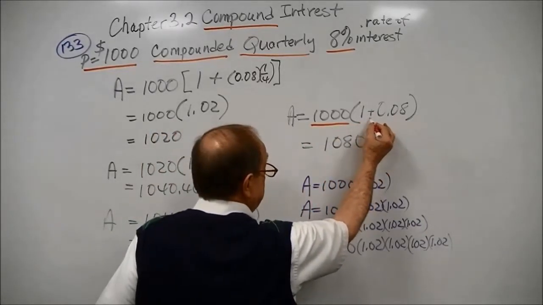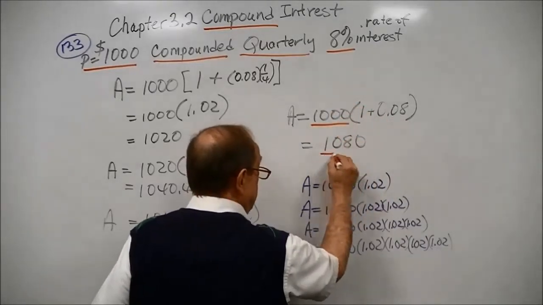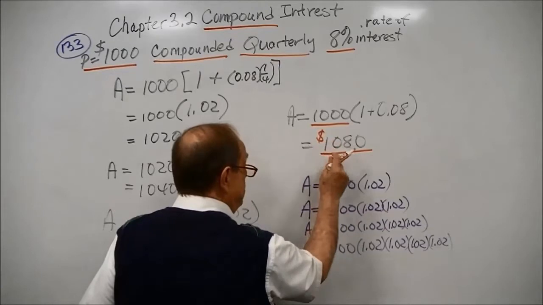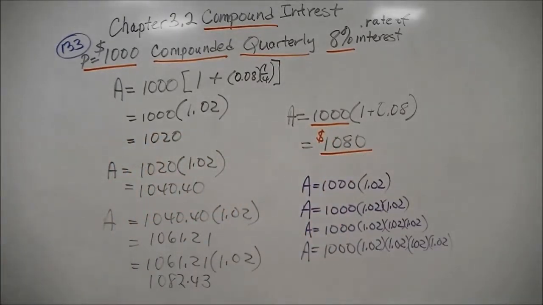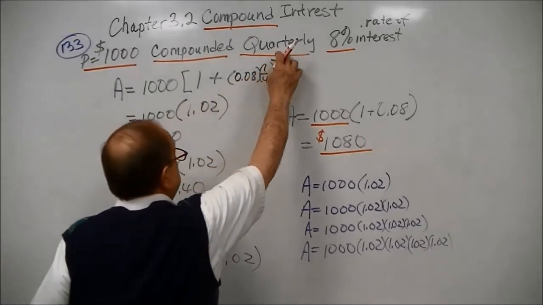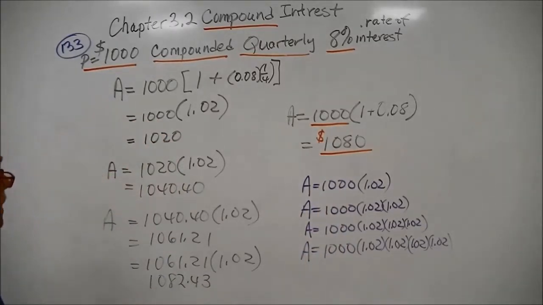And then we're going to combine this, 1.08, multiply it, and we get, after 1 year, $1,080. But when we compound it quarterly, that means every 3 months, there are 4 quarters in a year,